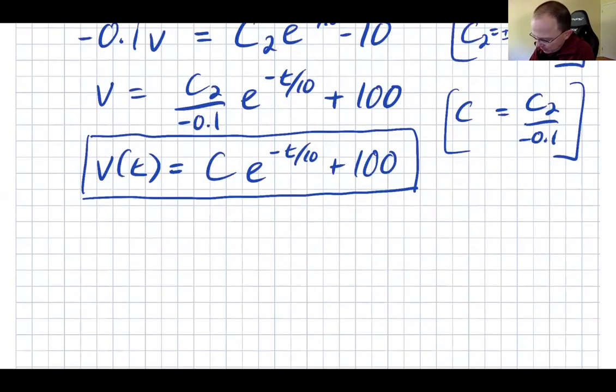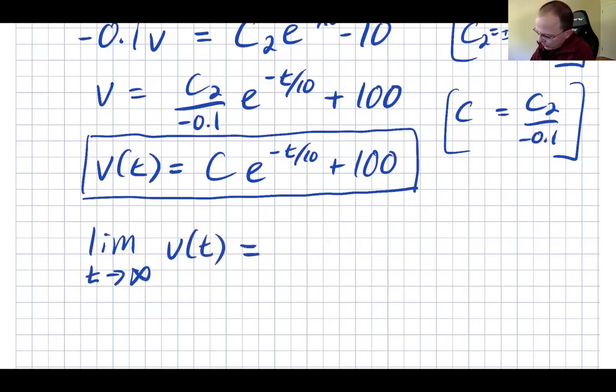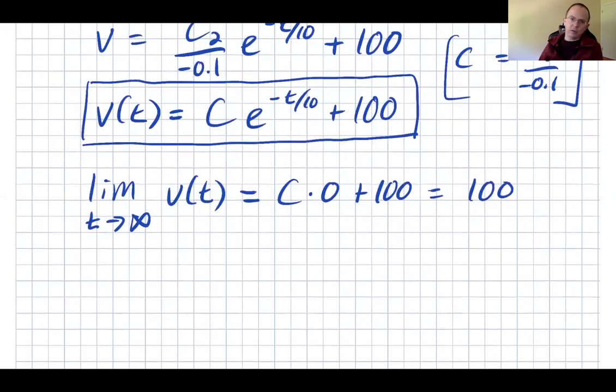And as I promised, if we look at this now and take the limit as t goes to infinity, we'll see why it's called the limiting velocity. Because when you let t go to infinity, this exponential will go to 0. So we'll get c times 0 plus 100. And again, we get 100 as our limiting velocity. So there again is the evidence that gradually we're going to increase our velocity toward 100. So according to this formula, we'll never quite get there because this will always be,